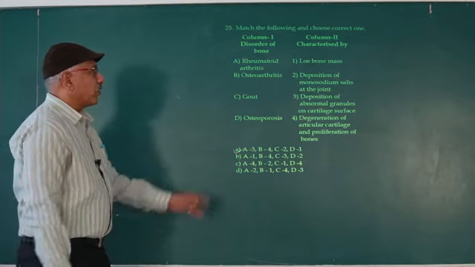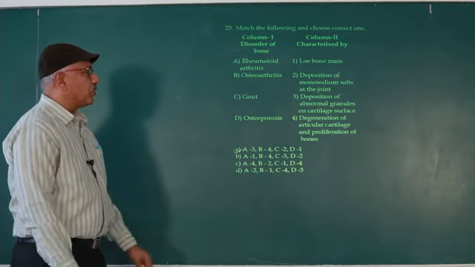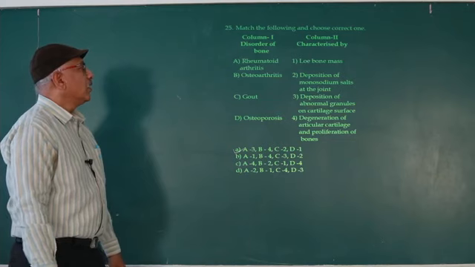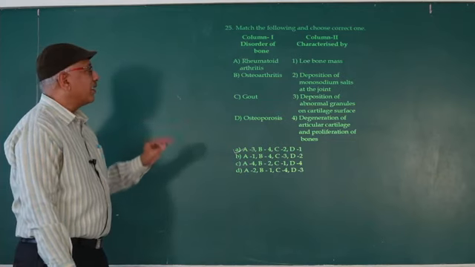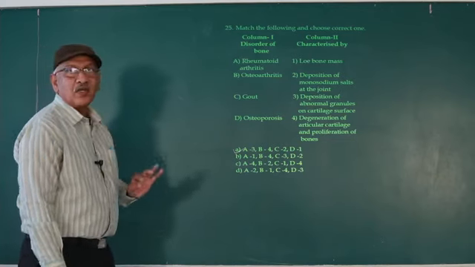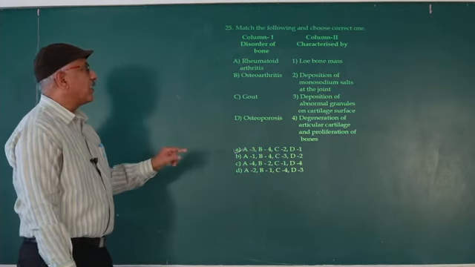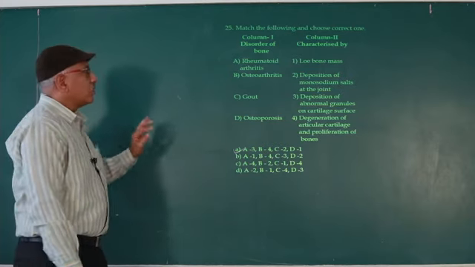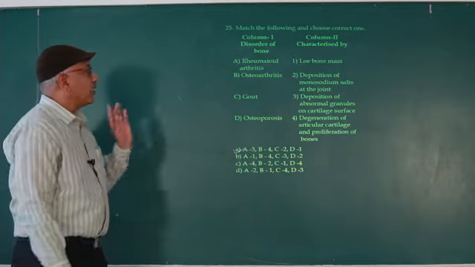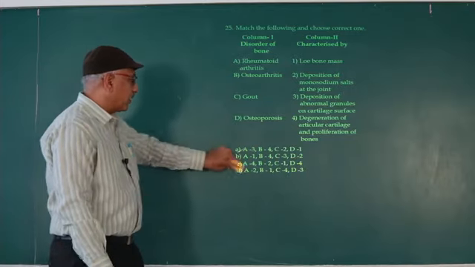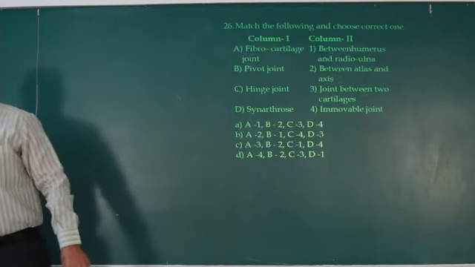Rheumatoid arthritis, deposition of abnormal granules on cartilaginous surface. So in case of rheumatoid arthritis, it is an autoimmune disorder. Antibodies are formed against the articular facet. So getting up from the chair is also difficult in case of rheumatoid arthritis. So next question is,